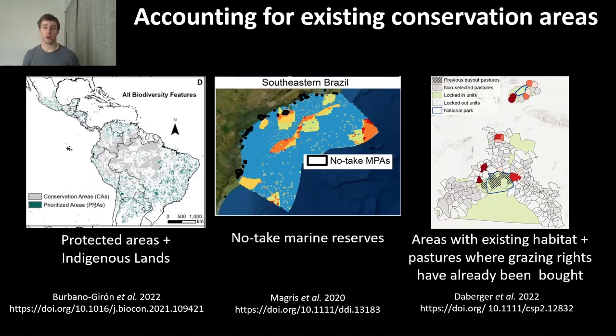You might also want to think about OECMs and areas that are managed, not necessarily in a way that is designed to benefit biodiversity, but that still provide biodiversity outcomes nonetheless. So, for example, you might have areas that are sustainably managed for agriculture, and even though their primary objective is to fulfill agricultural needs, they still provide some positive outcomes for biodiversity, and you would want to account for that